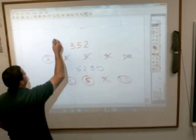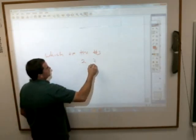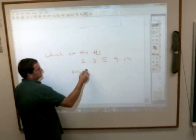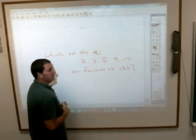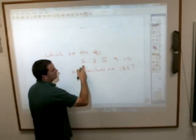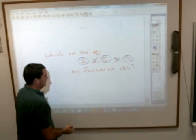By the way, the book asks the same thing in another form here. It says this: which of the numbers 2, 3, 5, 9, 10 are factors of 130? And that is just another way to ask divisibility. Because factors means when you multiply things to get it, well, that's the same thing as dividing by. If something is a factor of something, that means you can divide it by that. So, which one of these would it be? Is 2 a factor of 130? Yes, because of the rule of divisibility. Is 3? No. 5? Yes. 9? No. 10? Yes. And that, children,